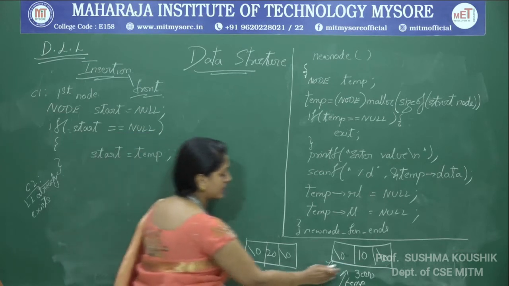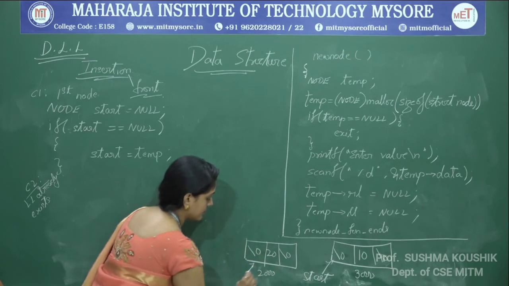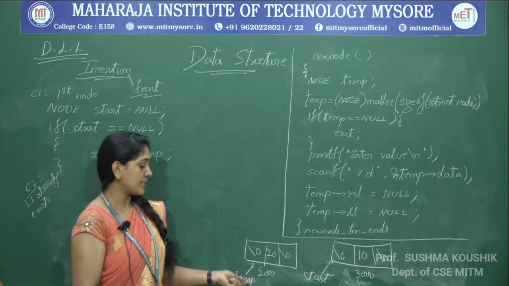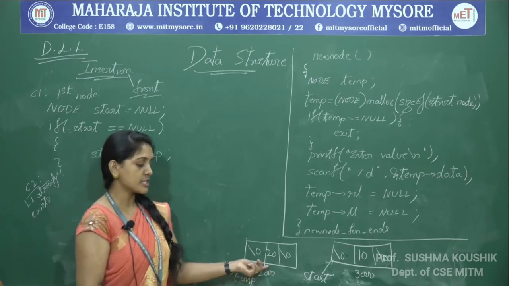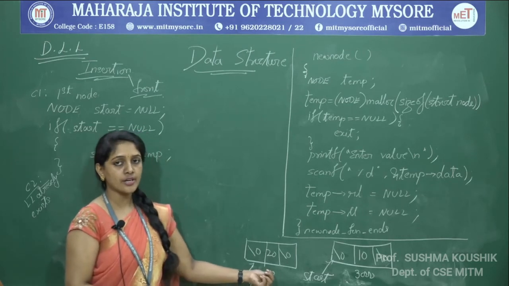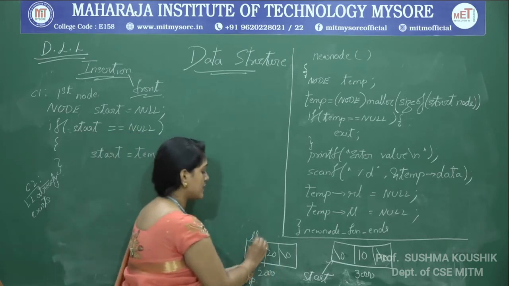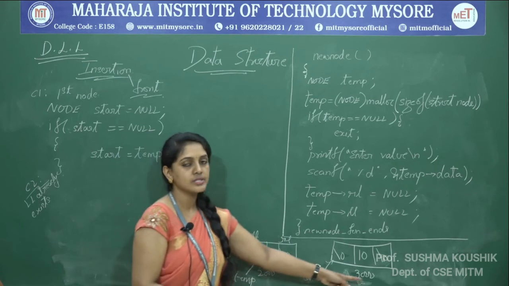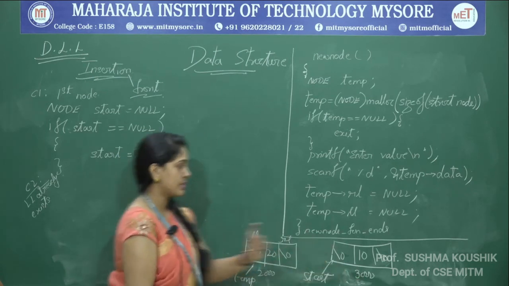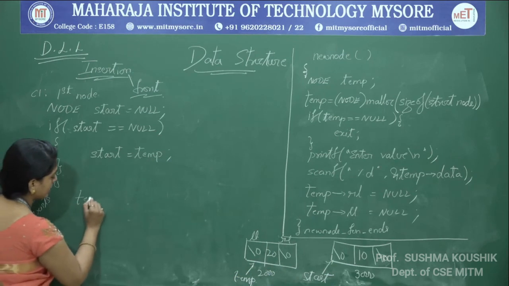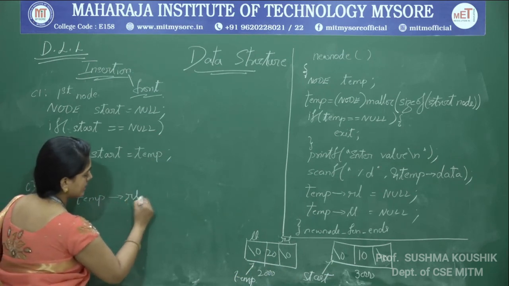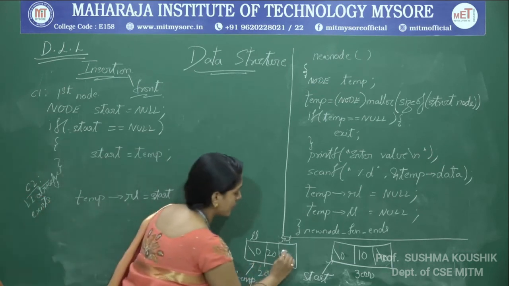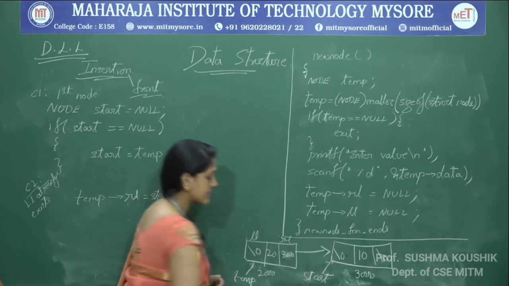The temp has been pointed for this new node. We know that this temp pointer, whatever node it is pointing to, if this is the first node, we do not require the left link to be altered, we only require RL to be altered. So temp of RL is equal to start. Start is still pointing to 3000. So what is the code which we write? Temp of RL is equal to start. What does start have now? 3000. So temp of RL will become 3000, therefore the link is established.